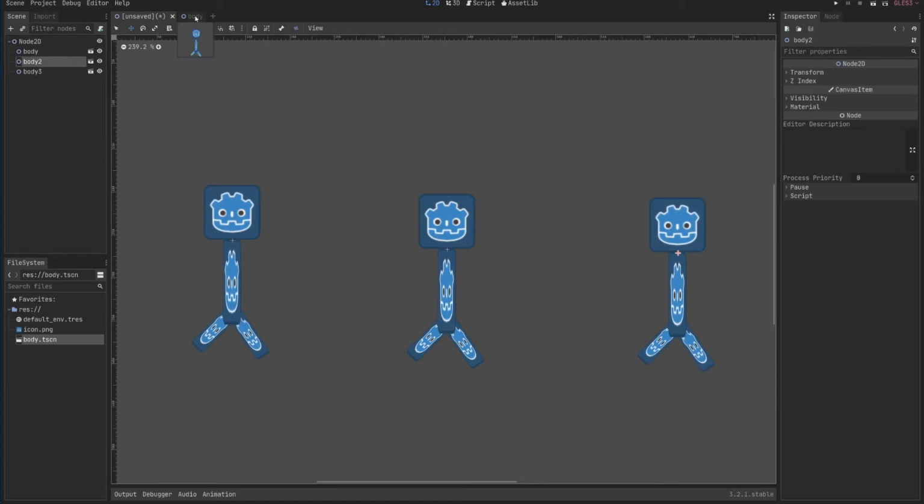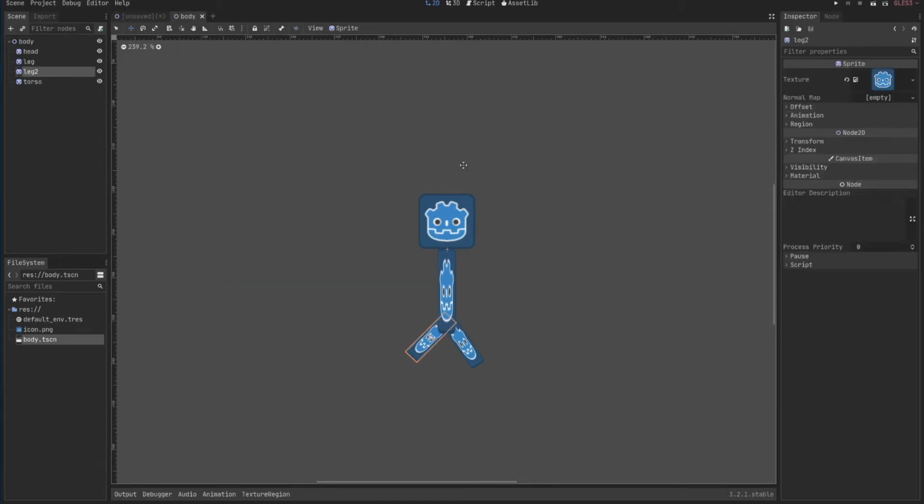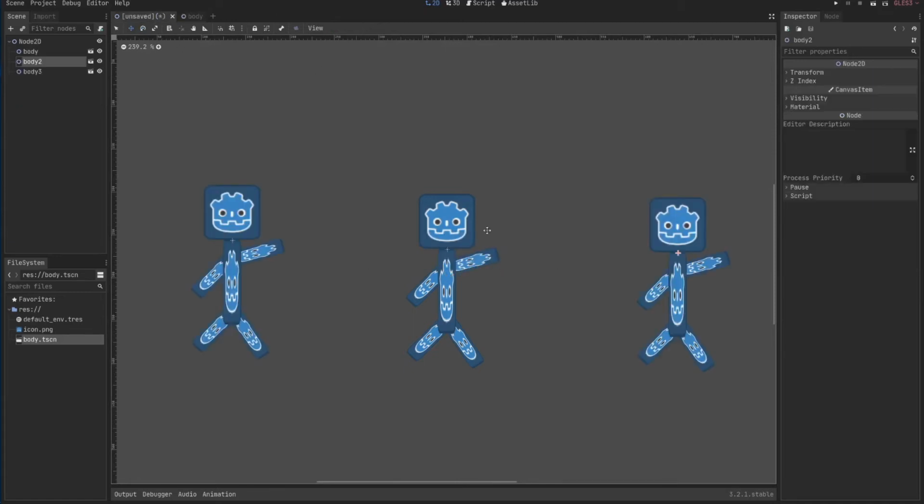Now for the magic. If I go back to the body scene, which only has that specific body, I can now create, say, an arm. I'll duplicate again 2 times, say arm and arm 2. I'll put it in a reasonable place, and this one as well. Sure, like this. Maybe like this. Okay, and now if I save it, back here, all my